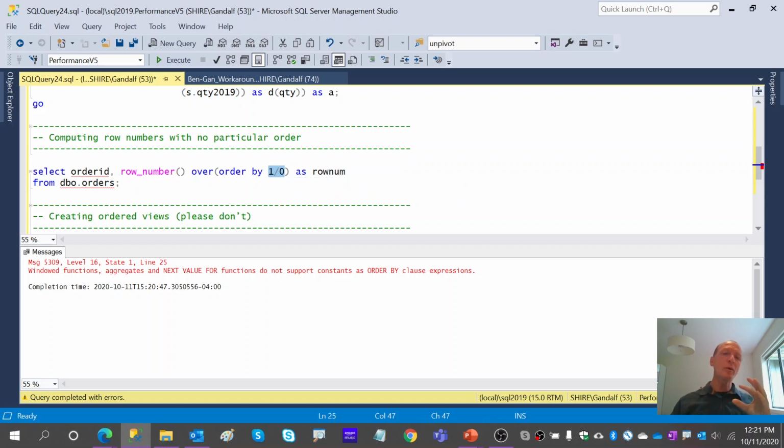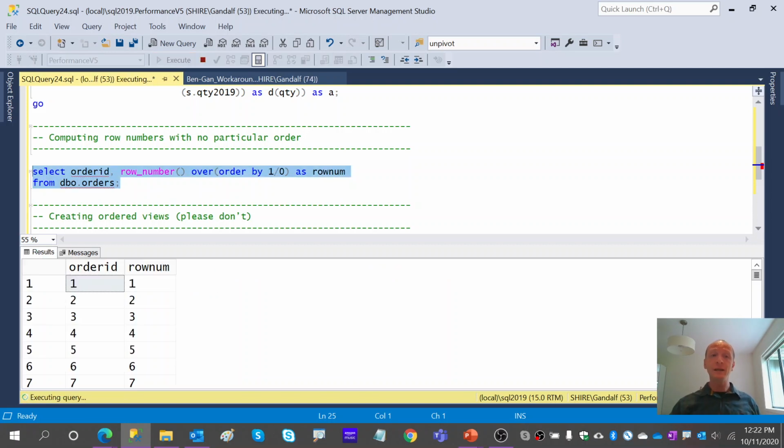It's not like the query is necessarily invalid, by the way, because the optimizer still looks at this expression and says, well, this expression is made entirely of constants, so I know ahead of time that the outcome is going to be identical for all rows. Great, I don't need to order by anything, and it simply ignores whatever we put here. So notice how strange. First of all, if we try running it, it actually runs beautifully.